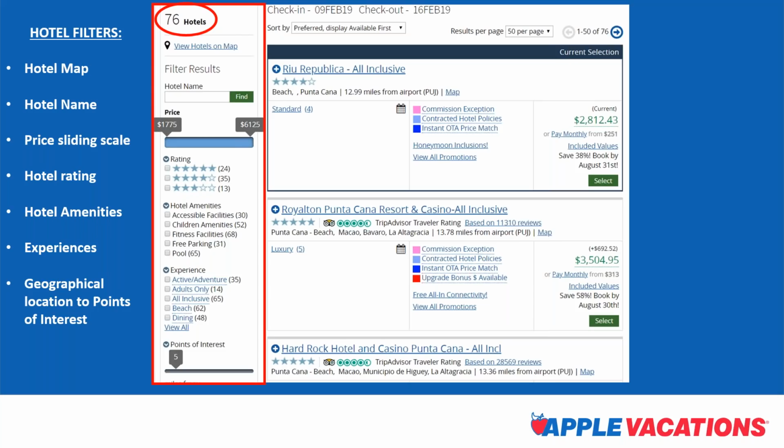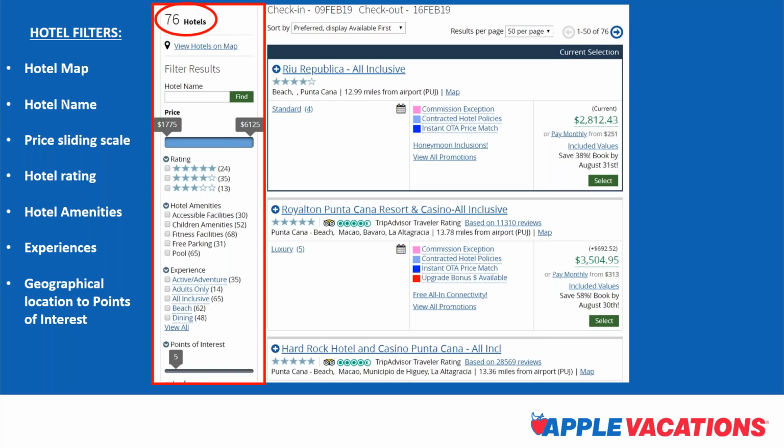You can search by something that VAX calls experiences, and this is some new language for Apple Vacations. The experiences would be things like show me only all-inclusive resorts or show me only adults-only resorts. And boy, we all know how much we've wanted to have that filter even in Apple Online, and we've not had it. So it's really nice that VAX has that feature.